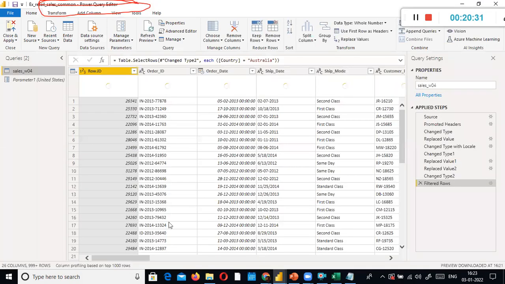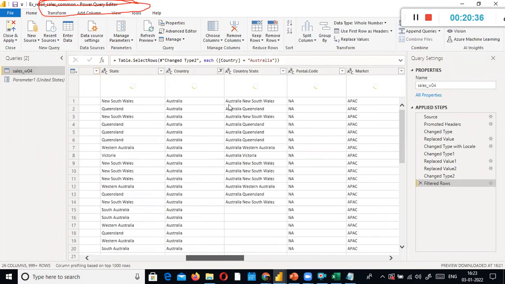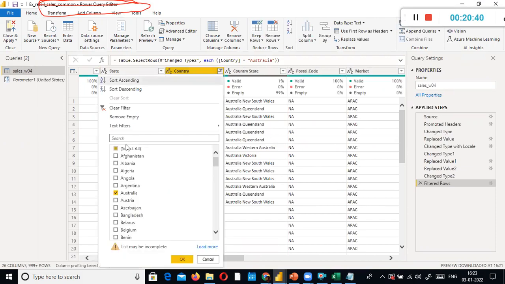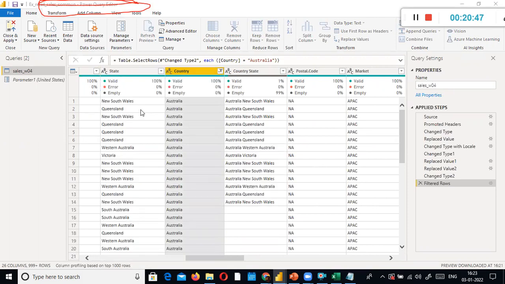So if you go to the country column here, see if you are able to understand, you tell me. I'm going to select everything, and then I'm going to say equals.